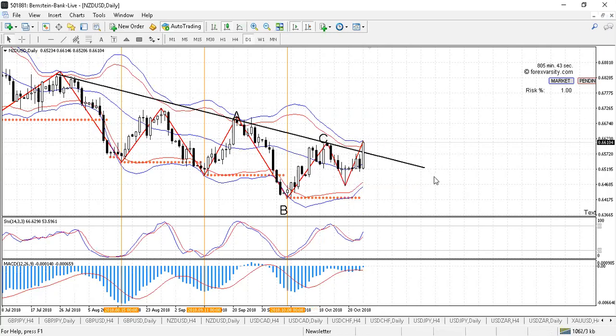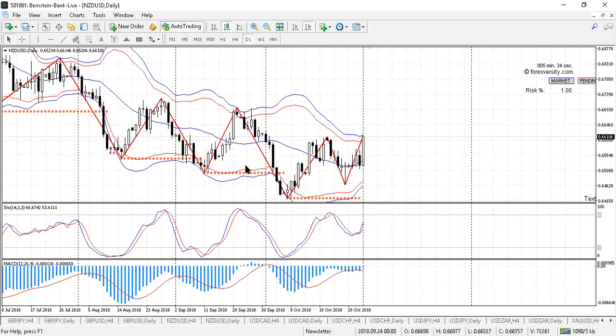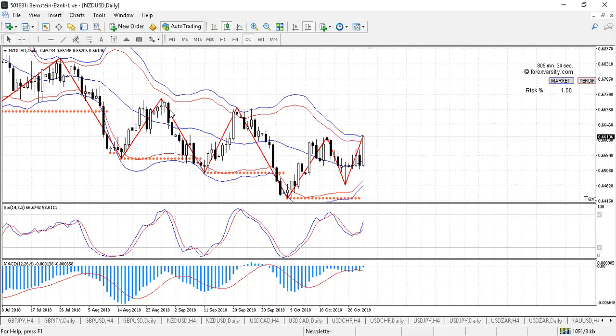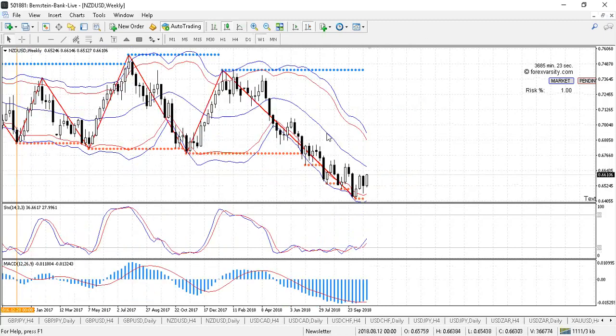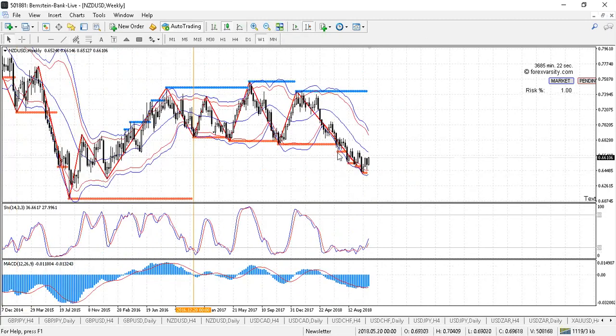So, what I always do is if I'm thinking that I'm maybe seeing a trend reversal, then what I would do is I would just check out what am I seeing on a higher time frame. So yeah, I hope you guys understand that. So if I go now to the weekly, okay, so this is where we are at the weekly. So we've had quite a strong movement down. And I do